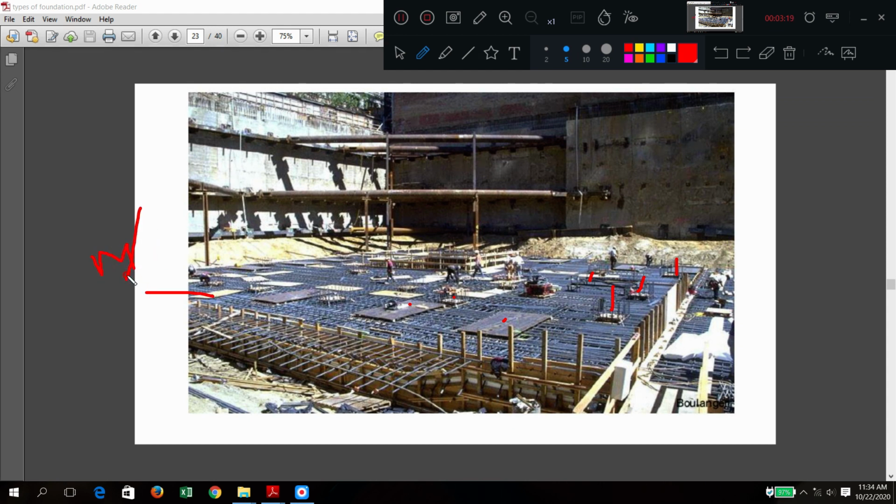Have you seen a mat? Inside any building, there is some big carpet, no? So we call it a mat. In general, it covers a larger area. In buildings, generally you have seen a red carpet, a red mat, like that big one. Similarly, it covers the total building. That is why we provide a mat or raft. Raft is also a word for something which has a bigger area. In civil terms, we call it a raft.